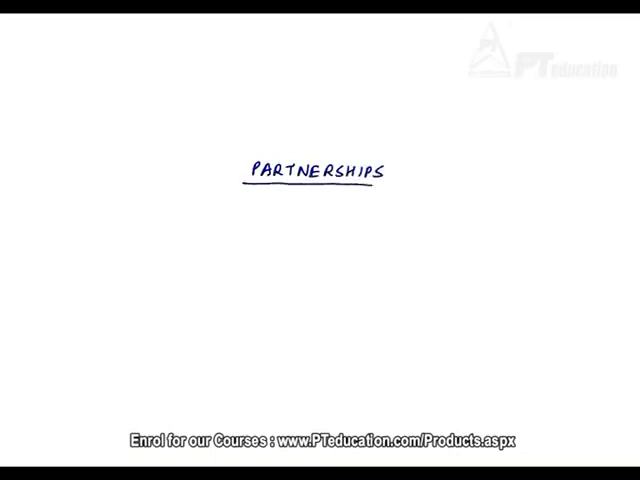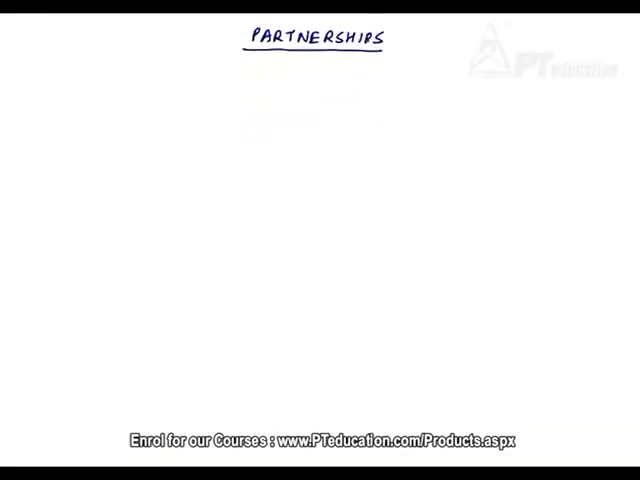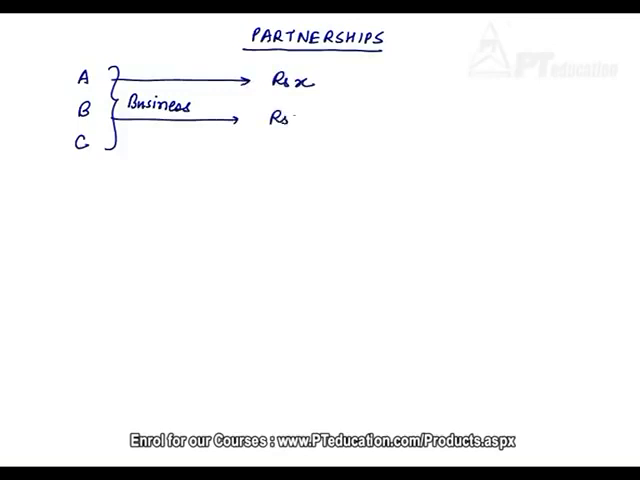Since this topic is directly related to ratio proportion, we have taken it along. Let us assume that three partners A, B and C decide to enter into a partnership together to do a certain business. And in order to do this business, they bring in their own capital. Let us say that A brings in rupees X, B brings in rupees Y, and C brings in rupees Z